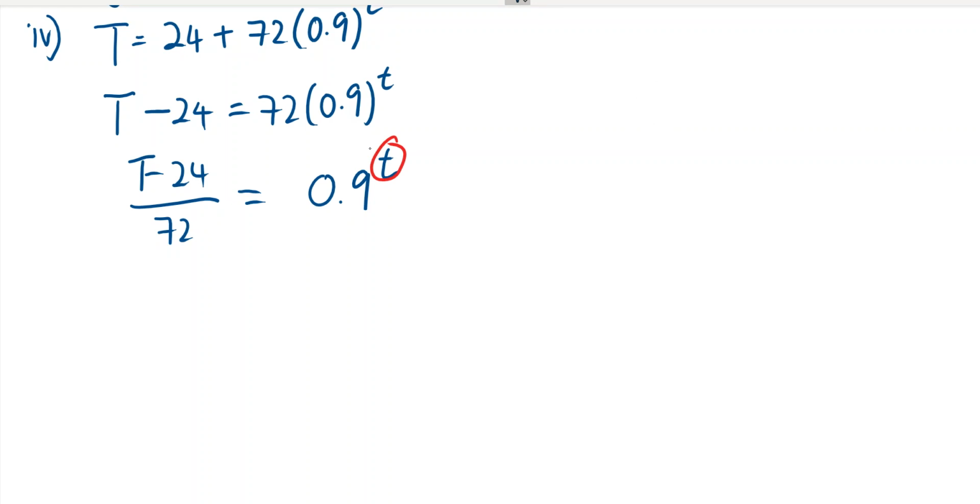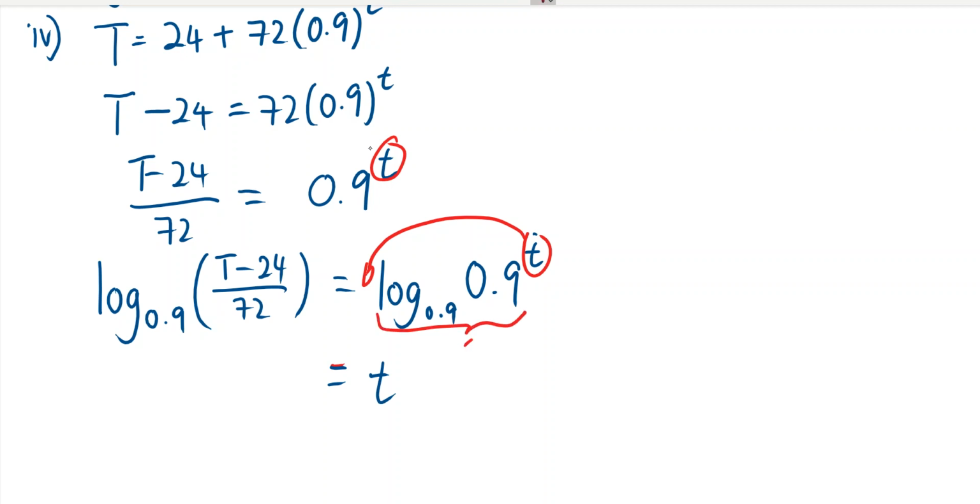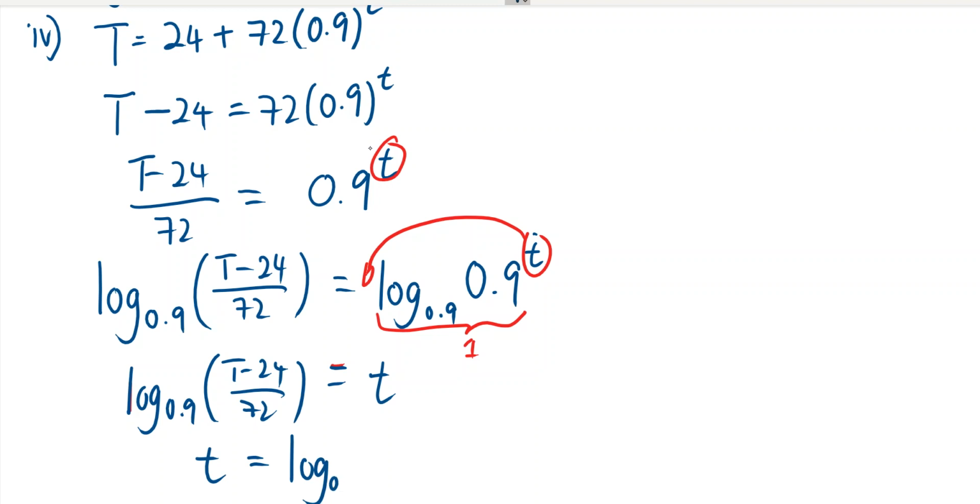So we should log base 0.9. (t minus 24) over 72 is equal to log base 0.9 of 0.9 to the power of t. Why? In this way my t can come down to here. So it's equal to small t, and log base 0.9 of 0.9 is equal to 1. So that's why t is equal to log base 0.9 of (t minus 24) over 72, and then we write back, so t equals log 0.9